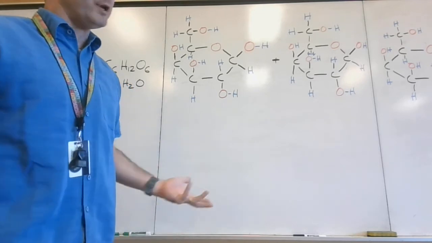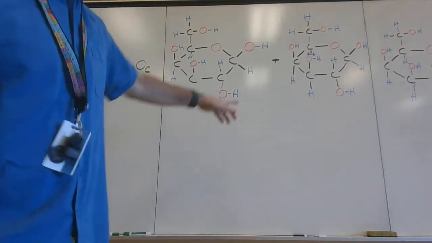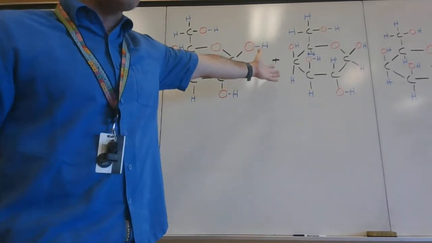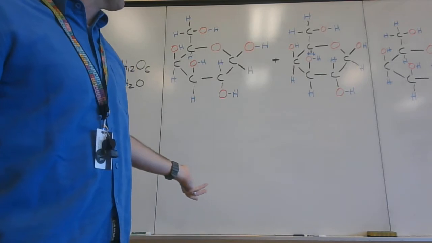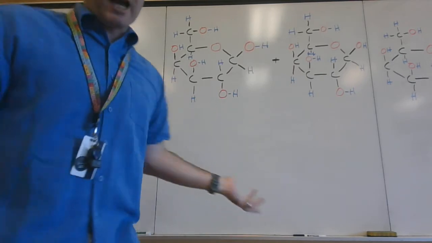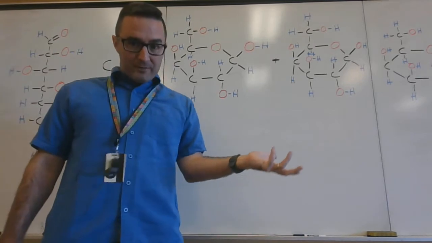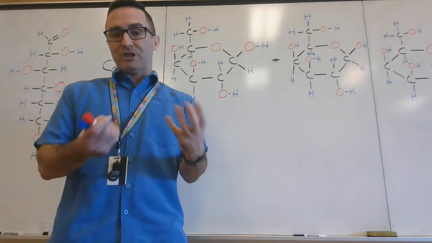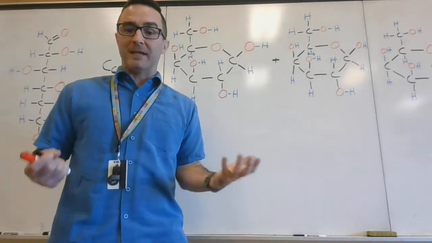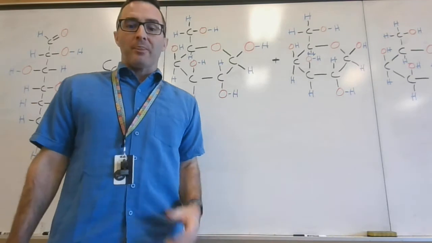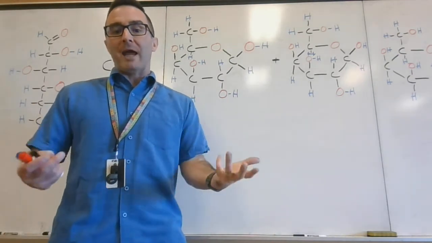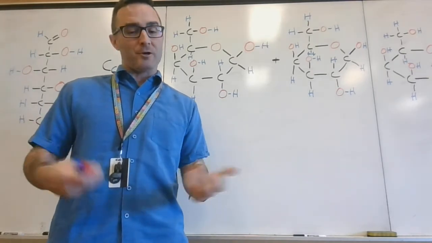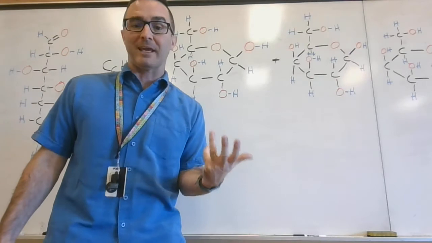So how would you put 2 of these together? You'll notice I drew the exact same structure right next to it. So it's the exact same ring, nothing's different about it. So you'd like to be able to link this together. And if you think about it, if you've cooked at all, perhaps you've used starch before. Starch is just a bunch of glucose molecules linked or bonded together. The way you use this in your body is glycogen. It's a whole bunch of glucose molecules that are linked and stored together, and you access this for easy energy,